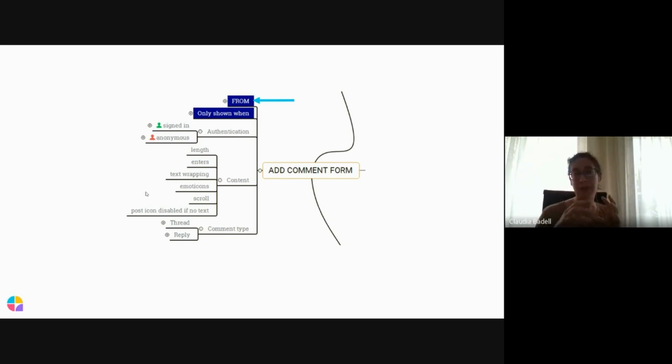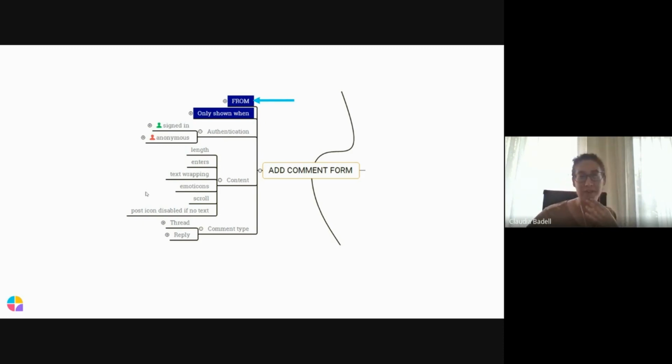That means if I open another feature and I see this label, I know that below it I will find from where the feature is being triggered in the system. And that is because we need to know all the places that we may need to test it.